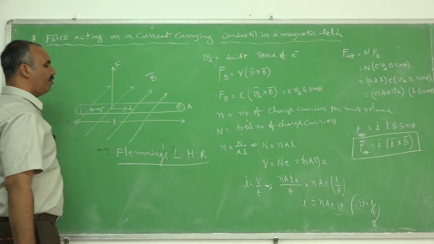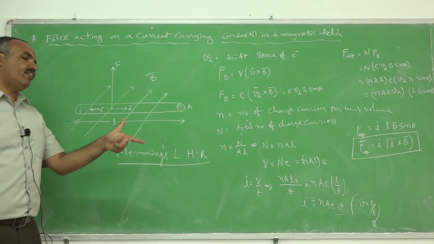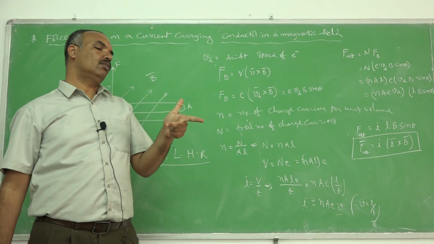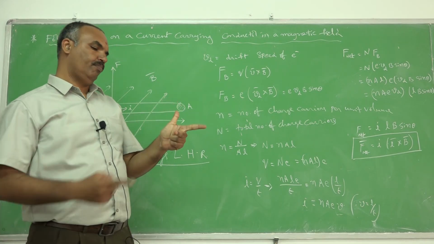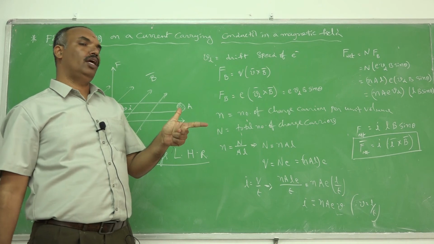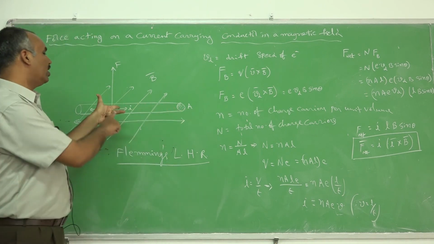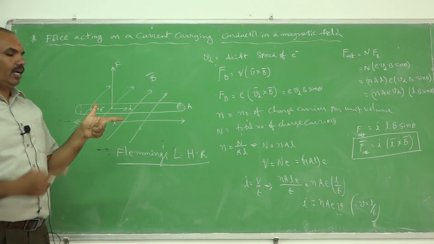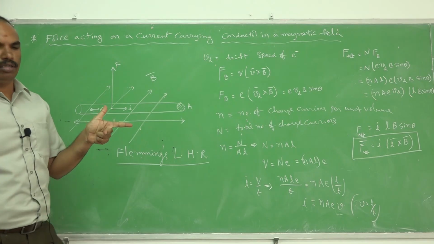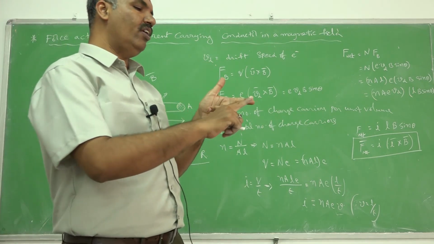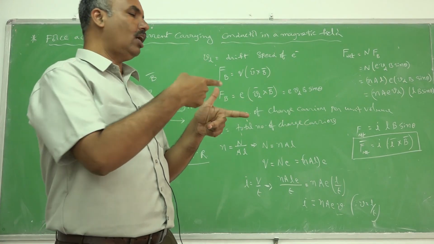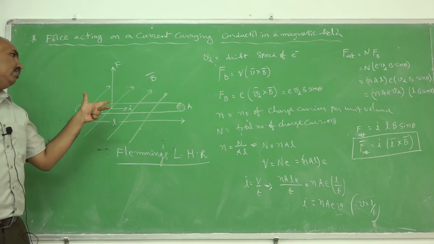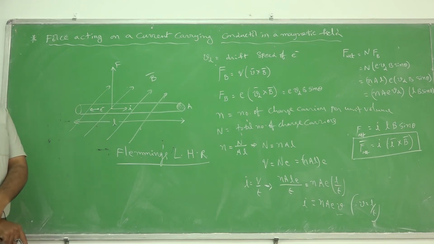What is Fleming's left hand rule? Whenever we stretch our three fingers of our left hand such that they are mutually perpendicular to each other, the middle finger represents the current. The current is going in this way. Current means conventional current. The index finger should represent field, then the thumb represents force: current, field, force, alphabetical order only. In this order, the three fingers represent the three quantities, current, field and force. This rule is called Fleming's left hand rule.